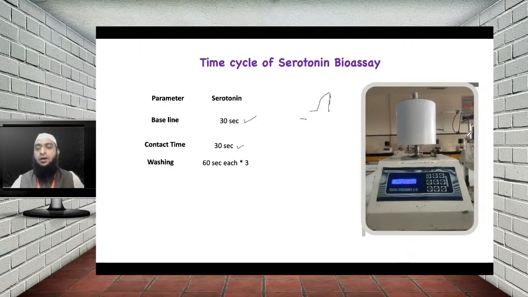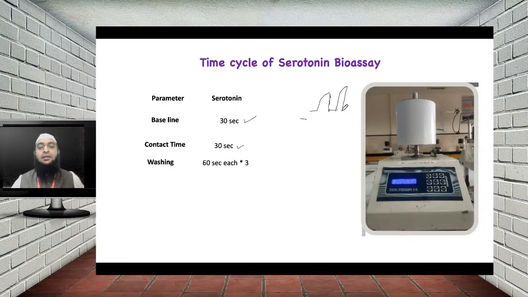Okay, any other part. So you don't keep it here. Instead of that, you can keep that load here, so that there is no load now on the lever. Okay, and then you can record your baseline. So you can record the baseline again, and then you can give the second response and take the response for